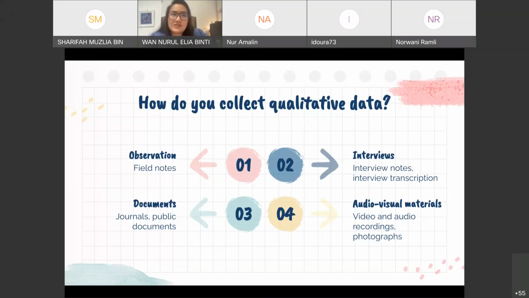So not all research is suitable for qualitative research design, and not all research is suitable for quantitative research design. So you have to be clear on how you decide on whether or not it's a qualitative data approach, or whether it's a quantitative data approach, or whether it's a mixed method. Those are some of the decisions that you have to make prior to deciding on what kind of data do you collect for your research.